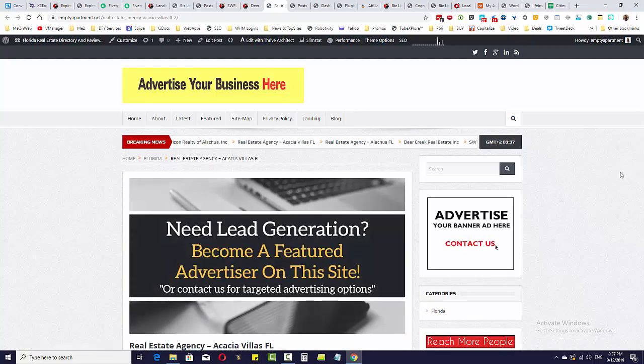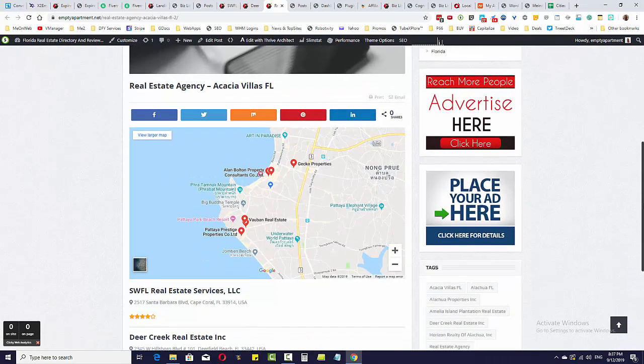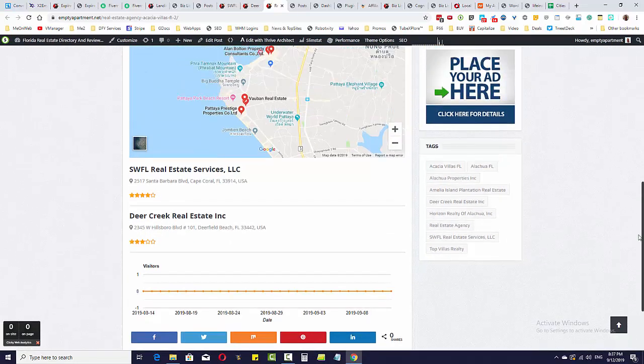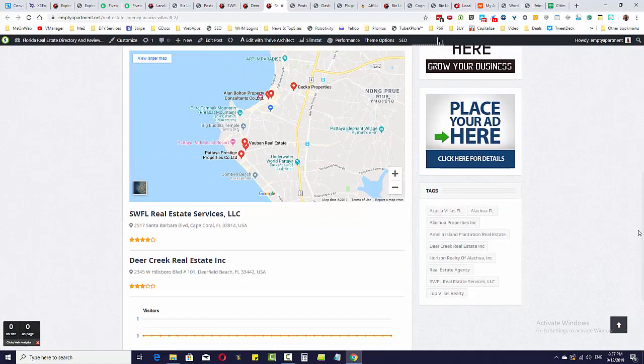And the beauty of this is that we do not need to be using Spintax. That Spintax stuff can work for a while, but it's not the best way to do this. Believe me, I've been doing this kind of stuff for years and years and years. So you can see here